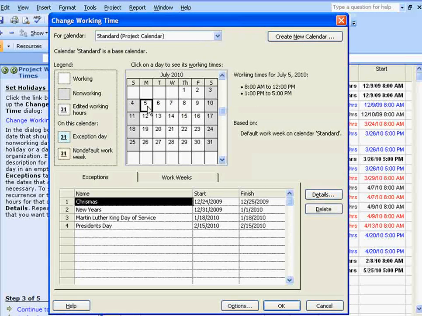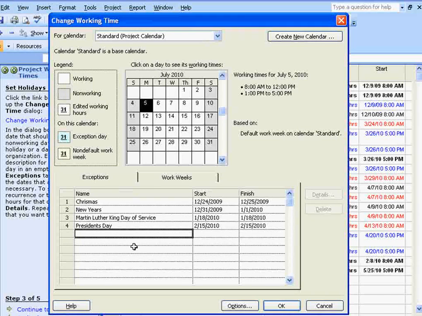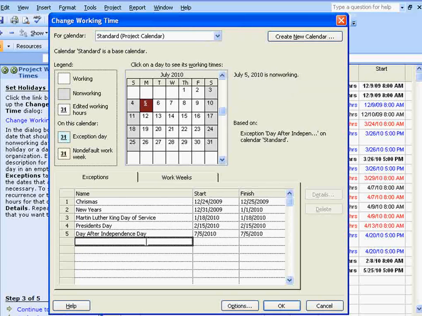So if you click on this day and then go down here to your exceptions area and type in a description for that holiday, I'll call it day after Independence Day, and that's July 5th. Okay, so when we click out of that day, it should change colors. You can see now this is kind of a reddish background, and that shows that there's an exception day. It's a non-working day,